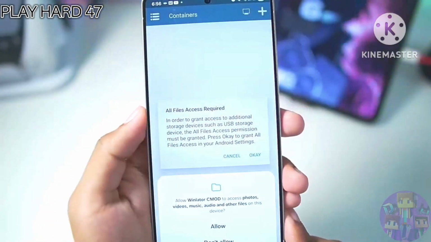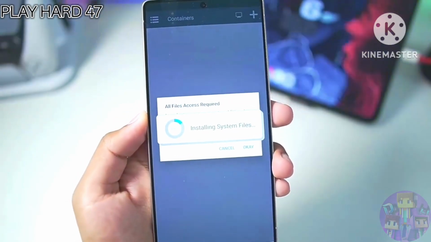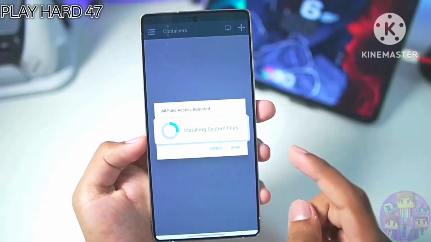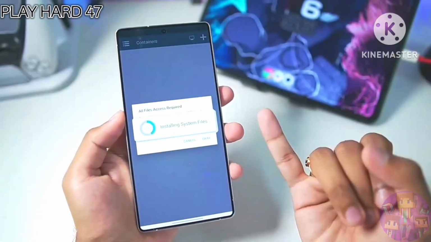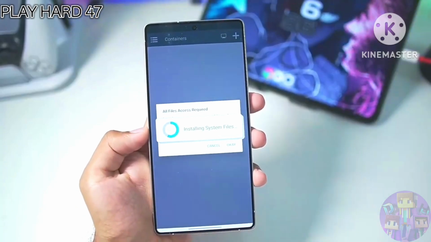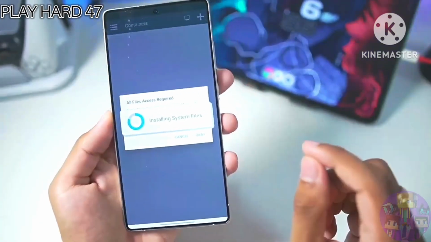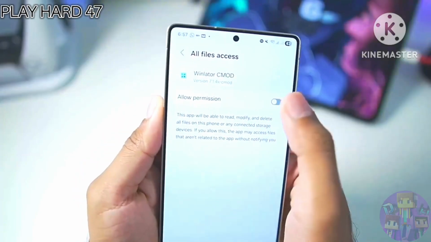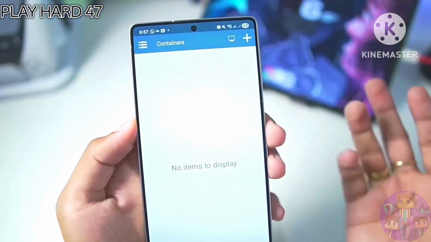Once you successfully add Winlator C mode on your Android device, tap on the allow button. It is a completely open source Windows emulator. Wait until this process has been completed. I'll be talking about the full best settings as well as gameplay, so make sure to watch the video till the end. Don't skip any parts so you don't miss any important settings that will make sure that your game runs without any issues. After that, tap on the OK button and make sure to enable this option so that your PC games are detected.